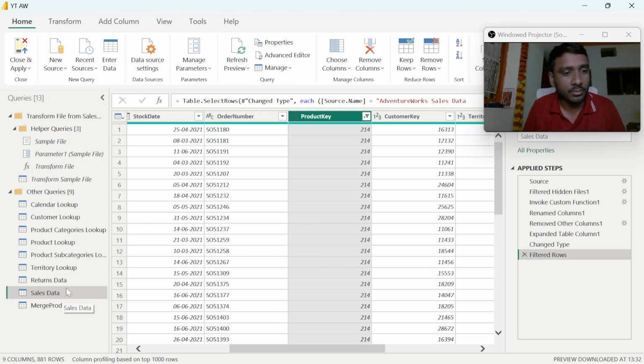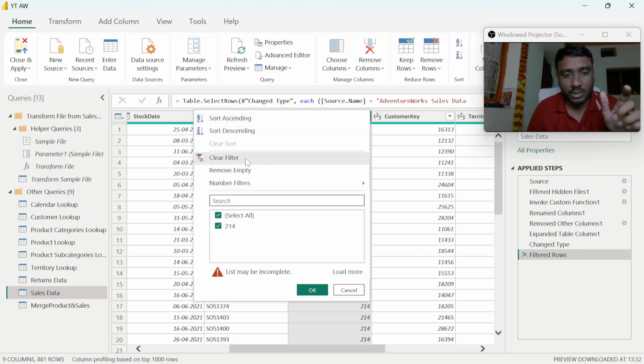Look here, in queries, the sales data contains the information of orders placed, revenue generated, quantities placed, and payment done. This kind of data is stored inside the sales data, which we technically call a fact table. It contains orders placed, revenue, total payment done, or sales generated. So this kind of information is stored in the fact table. And this 214 table,